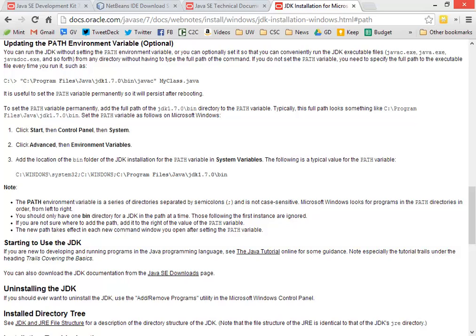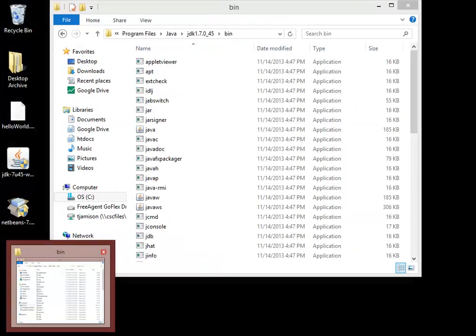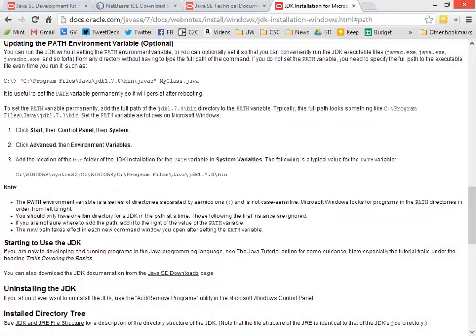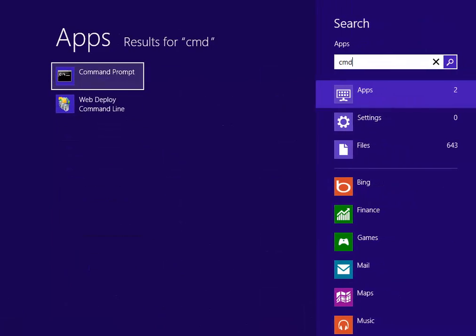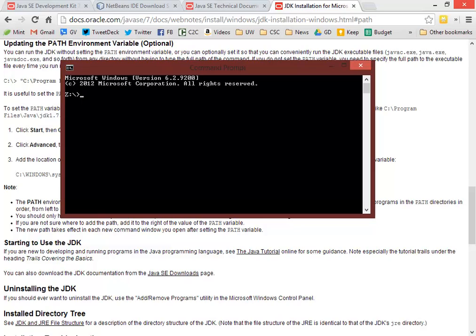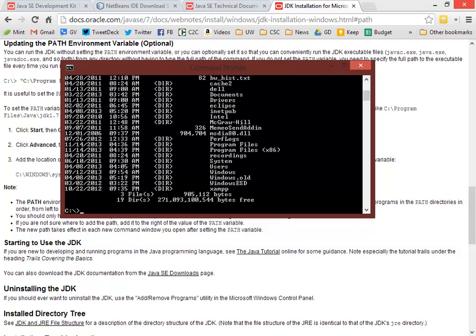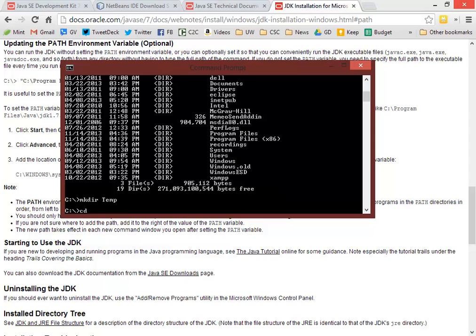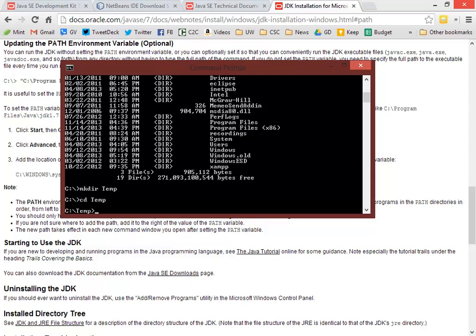Alright, so that's Java. What we want to do real quick is go ahead and test this out. So I'm going to hit my start button and type CMD, and that will bring up command prompt. And I'm going to make a directory called temp, and I'm going to go to temp,